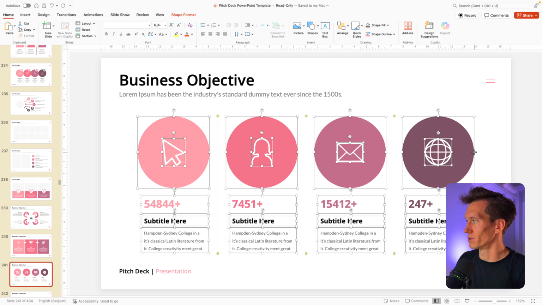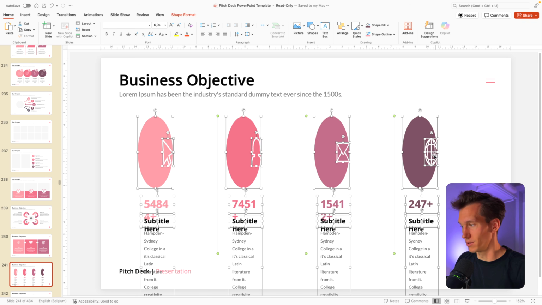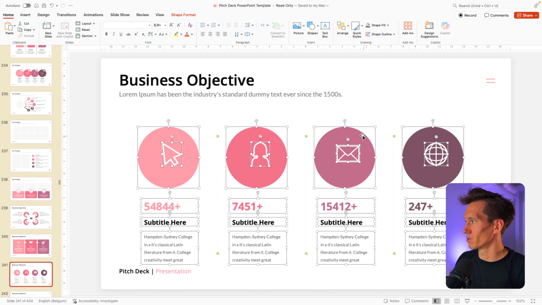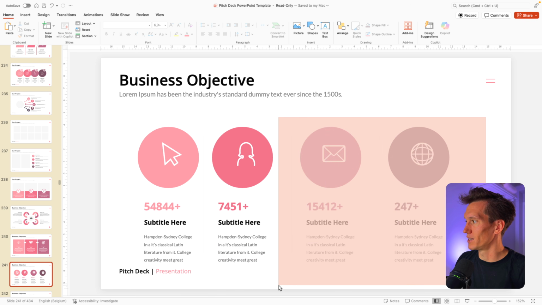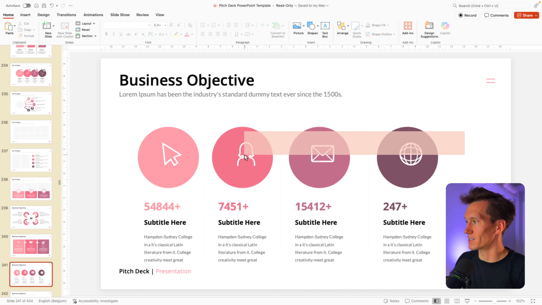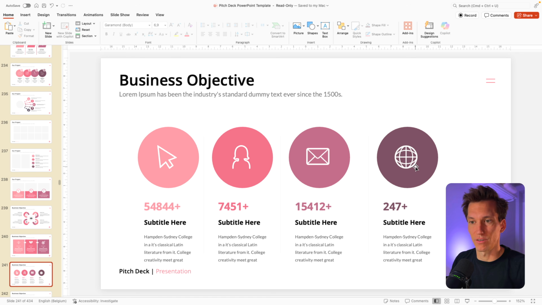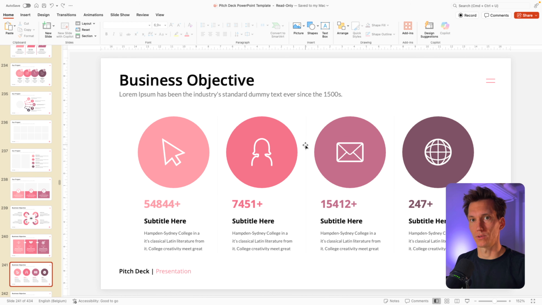What are you going to do? Are you going to drag everything? Are you going to make it smaller and then try to manually change everything, tweak it like that? And then you see all of the icons shift to different places. That is not very practical. And this is the reason why so many people waste a lot of time on this sort of stuff. Because if you use a template that has a lot of these things set up,